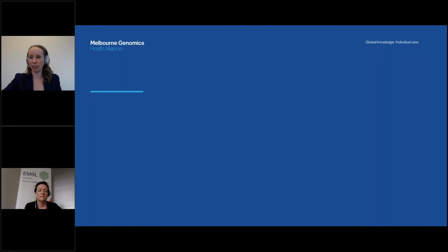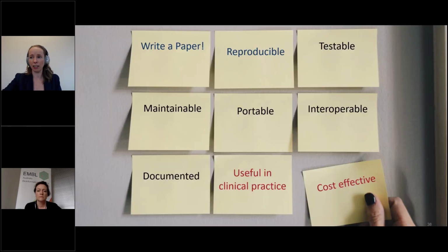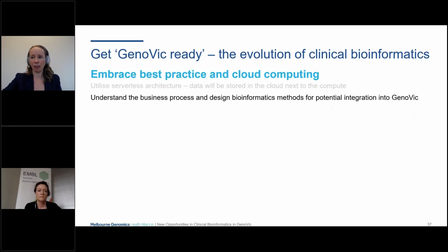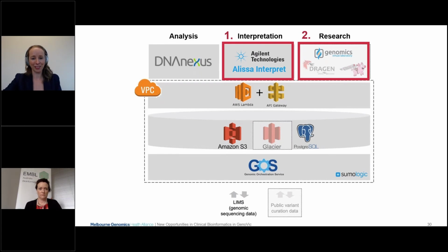Okay, so that is a great question. I'm just going to flip back through to the Genovic slide. Now, what I want you to remember is that I'm more the facilitator than the technical person. And as I said, this is the housewarming party. Probably what we really need now is some more opportunities to get some technical details about how Genovic is built. But you can see here that the data is stored in